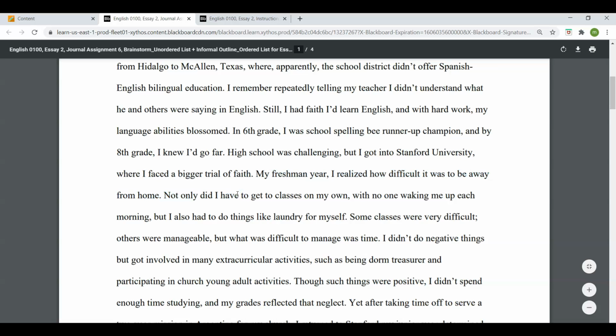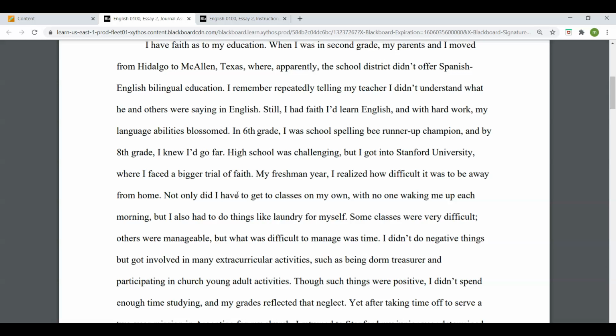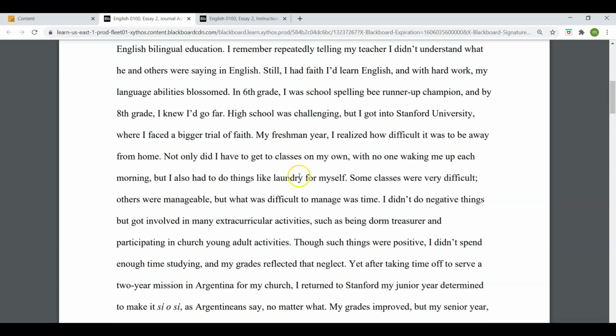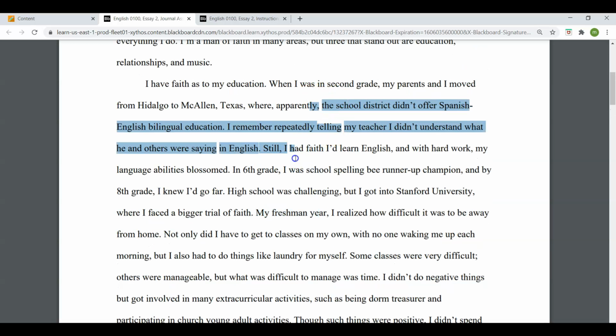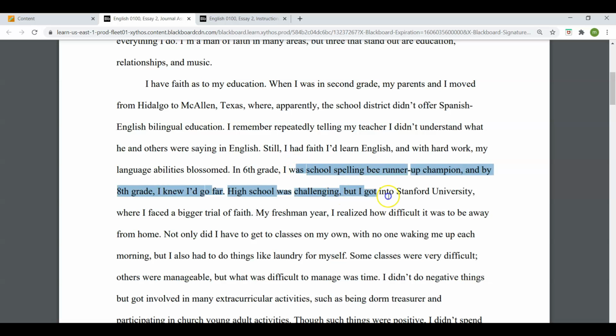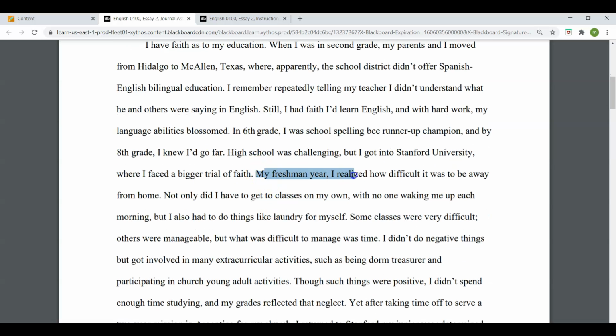And so the story shifted now from language to something else. No longer was the English language my problem. That was all right, that was fine. I knew it already. My problem became something else. So really, I've merged into a different story. I've gone from a kid who didn't know English to a kid who got good at English, so good they got into college and major. I don't know if I said I majored in it, but the point is that now I'm describing another trial of faith, another thing that I had to overcome by faith. It was a different problem, so a new story has begun.